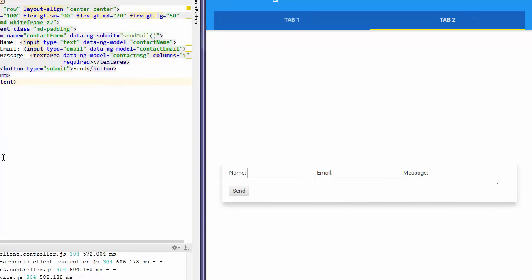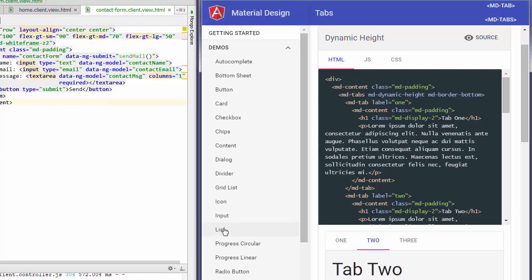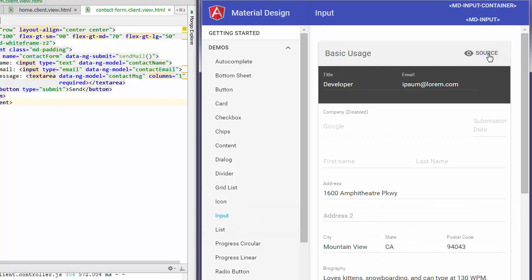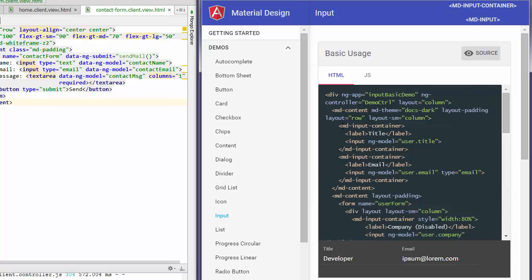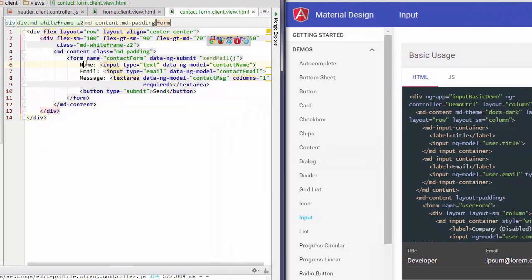Okay, so that's a little bit better, but it's still not really material design, right? So to do that, let's have a quick look at some inputs for material design. They start to look a little bit neater. They've got this MD input container and these label tags around them. So I'm just going to add a few of those really quickly too. Start off with the first one. Actually, I can just copy it from here. It'll save me from having to type it.